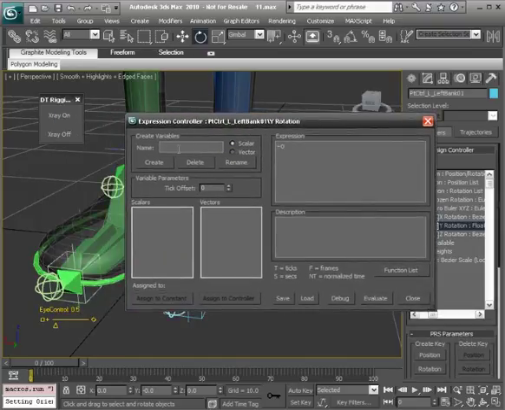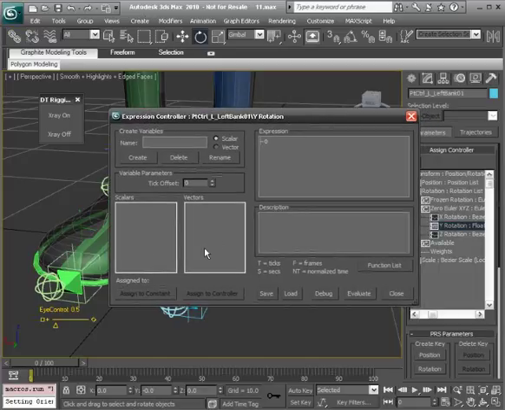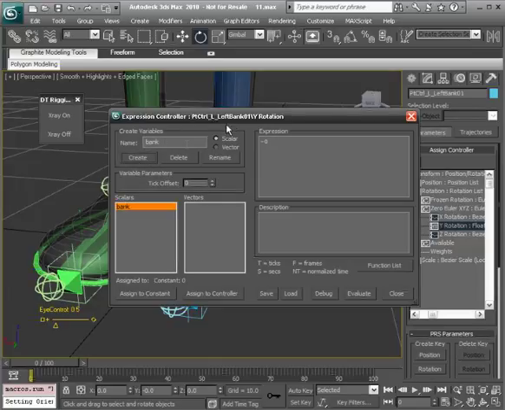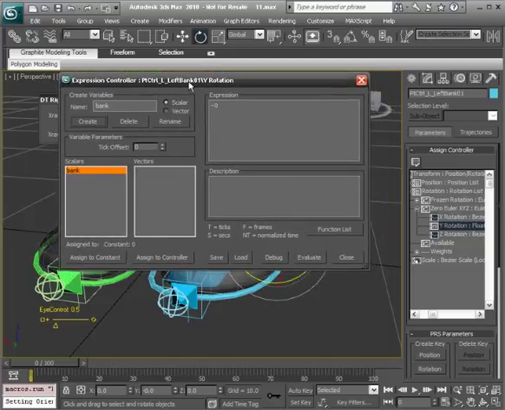Now what I like to do is actually make a variable. They save a ton of time because we can tie our controllers into these variables and just use our short variable names instead of an entire controller name. Alright, so to do this, let's go ahead and create a variable. We'll make it a scalar. Vector is dealing with not only value but also direction, so we don't need to worry about that. Default is scalar. We'll go ahead and type in bank. Choose create,